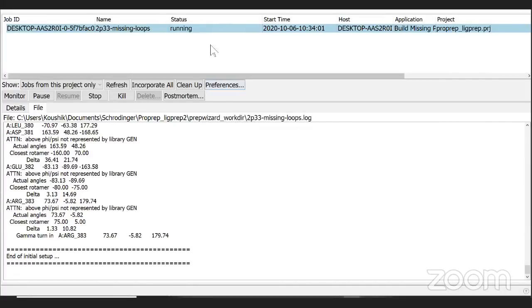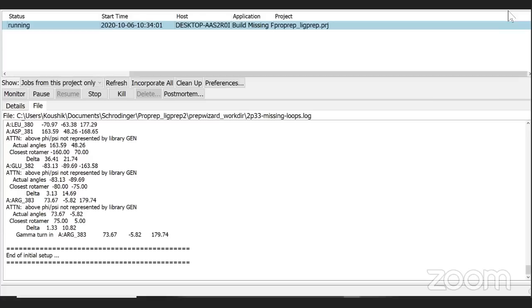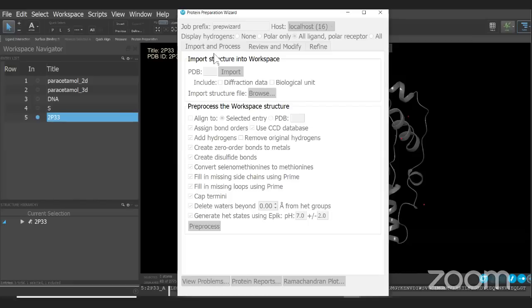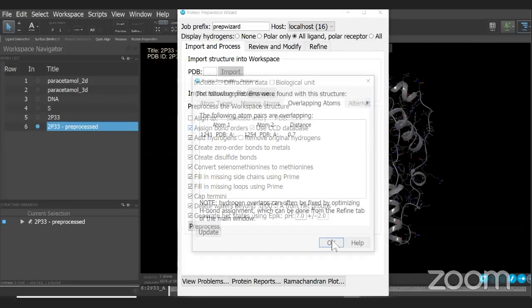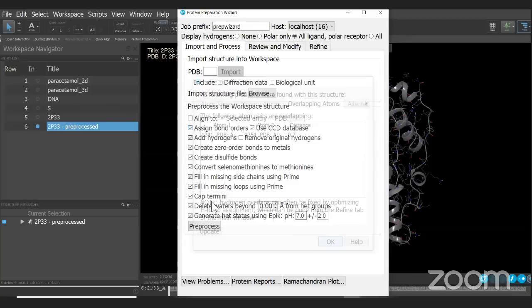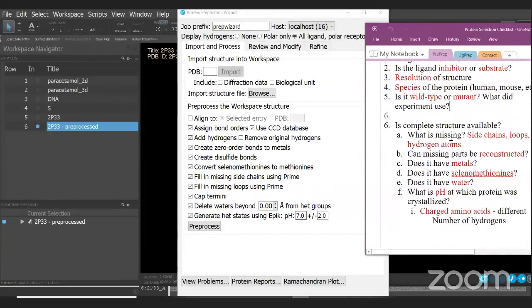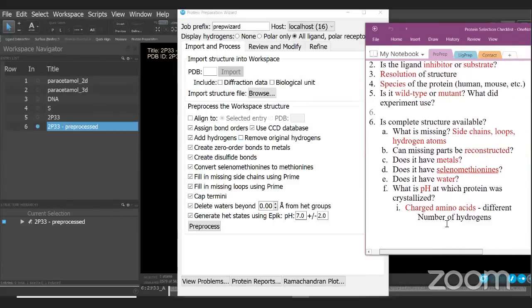So just to recap everything that we did so far, we loaded a protein into the workspace, and then we went to the protein preparation wizard. In the protein preparation wizard, you have all of these options available. And just to have a checklist, this is a good checklist that you can look at for how to select the protein from the PDB. And then what are the things that are missing in the protein? Side chains are missing, loops are missing, hydrogen atoms could be missing. So can you add